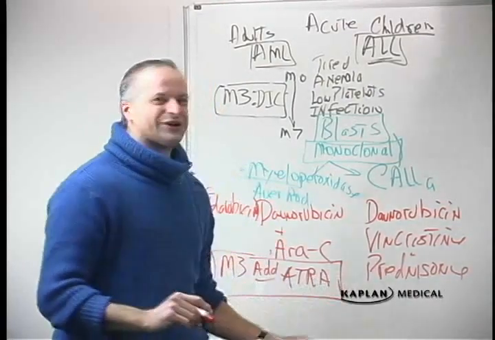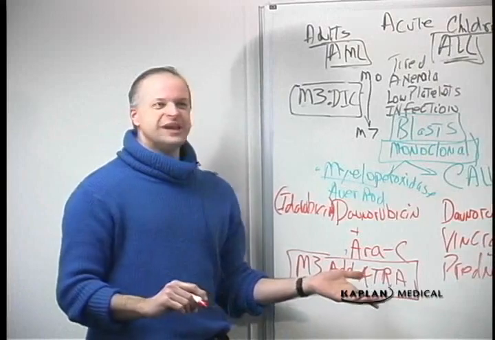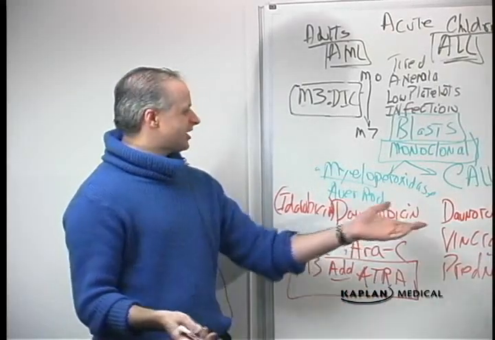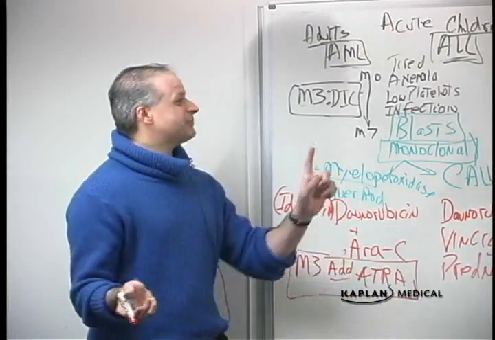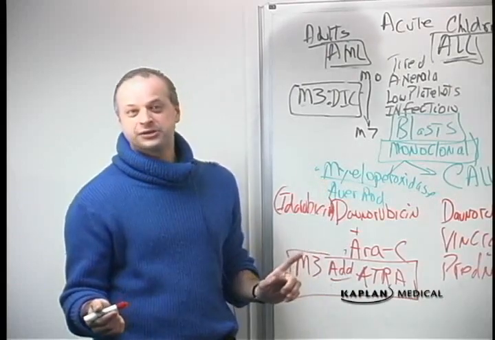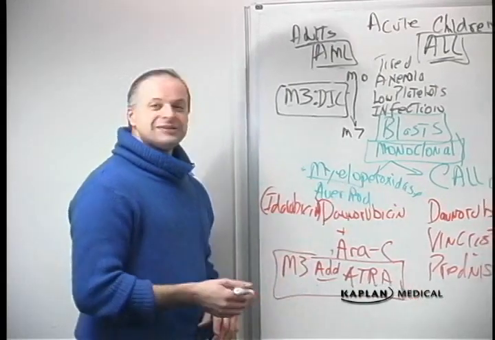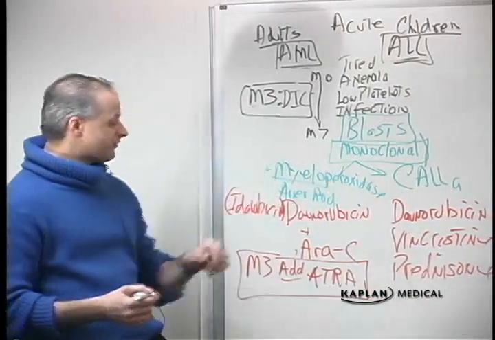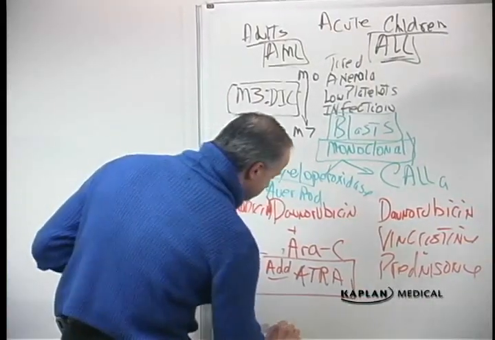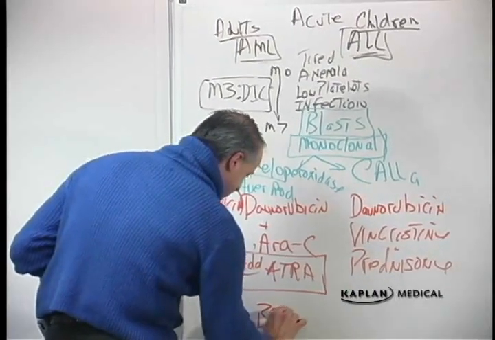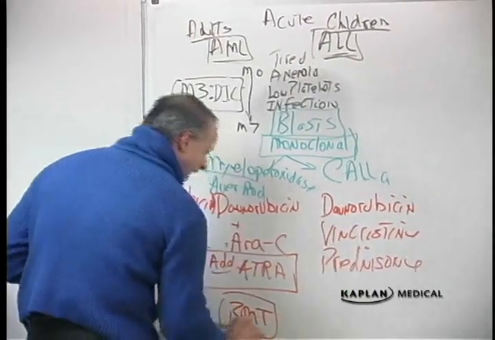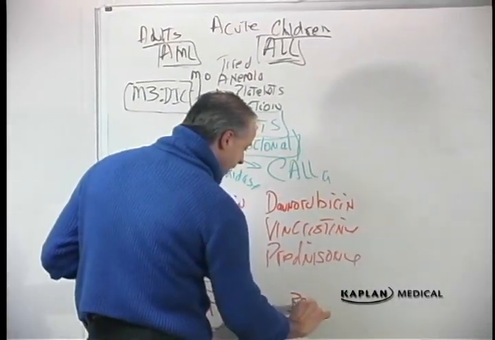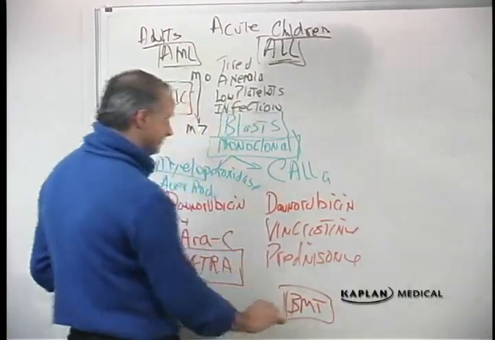How do we know that they're not hiding out, those blasts, those cells? Well, we don't. The space aliens land in New York, they say, well, I don't see any blasts, but they might still be here. They might come back. If the cells come back, that's a relapse. And if the leukemia relapses, you have to treat with a bone marrow transplantation.